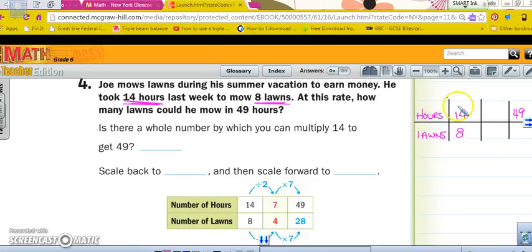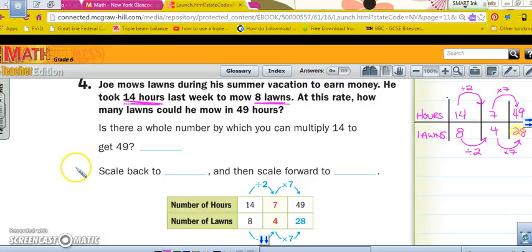No. Let's see if I can divide these both by something. I can divide them both by 2 because they're both even. That gives me a 7 and a 4. Now, can I go from 7 to 49? Yep, times 7. And whatever I do to the top, I have to do to the bottom. 4 times 7 is 28. So my answer